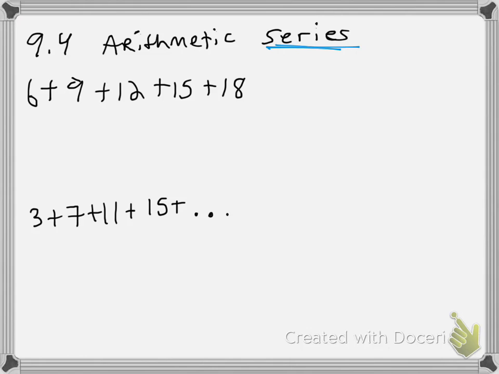Now there are two types of series. There's one that's finite, like this one. Finite means it comes to an end. See, there are 1, 2, 3, 4, 5 terms in this finite series, and I can add those all together. I can take my calculator, 6 plus 9 plus 12 plus 15 plus 18, and I should get an answer. Try it real quick. Now that you're back, the sum is 60. So the evaluation of this series is 60. That's what we're wanting to know.